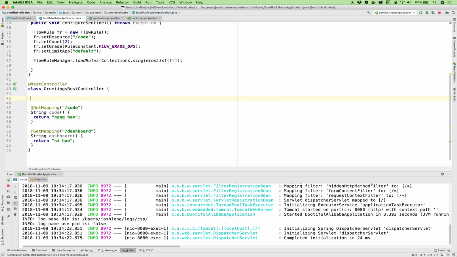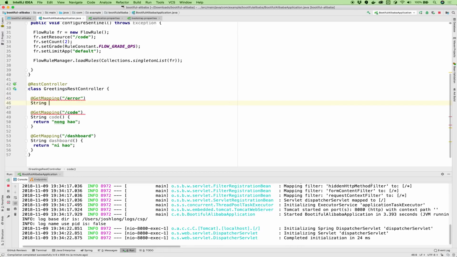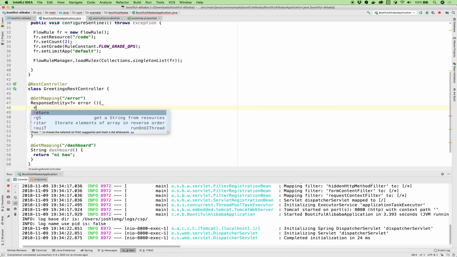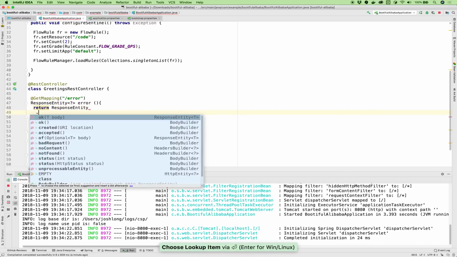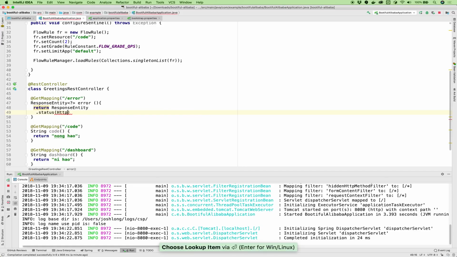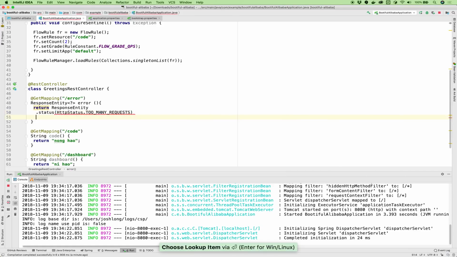And we can certainly do that. One way to do that is to use a property. You could say @GetMapping error. Okay, string. I guess we could do response entity. Okay, response error. And what we're gonna do is we're gonna say response entity dot status, HTTP status, too many requests.